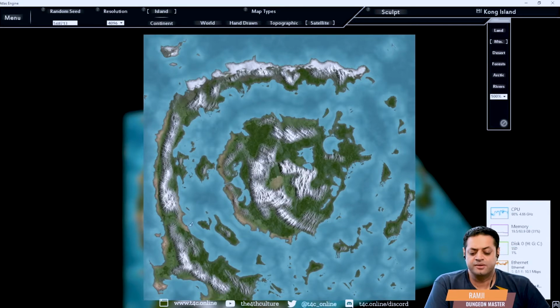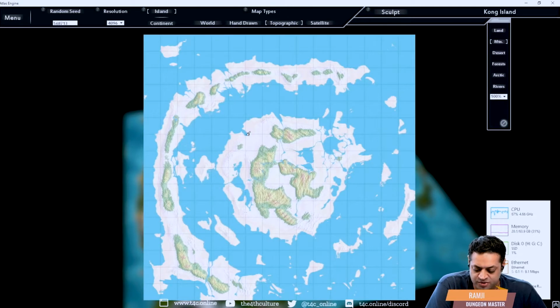So let's talk a little bit about the different map types. As you saw here, I've now added these things in 4K. I'll have to stop fiddling. You can see, however, that on Kong Island, if you go to topographic, you get a topography view, and it does have a concept of very high and low, which is nice. So you can see here these are high, and if I wanted to, let me say, take an area like this and make it